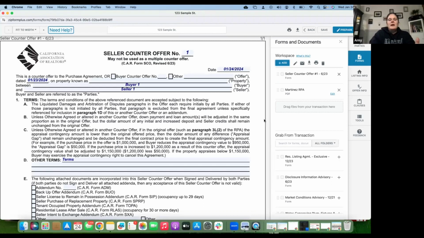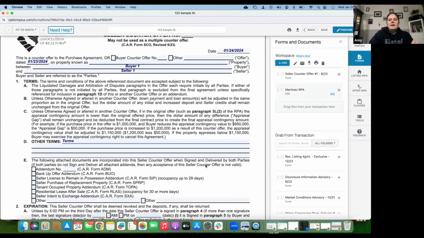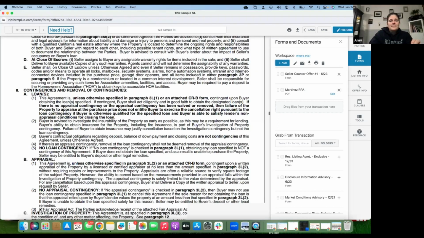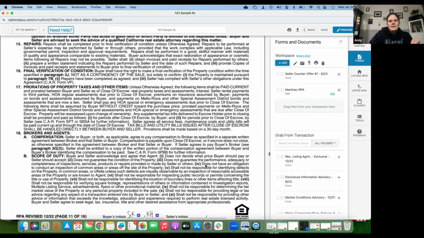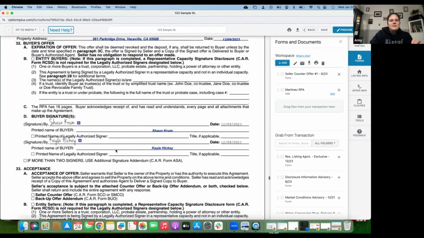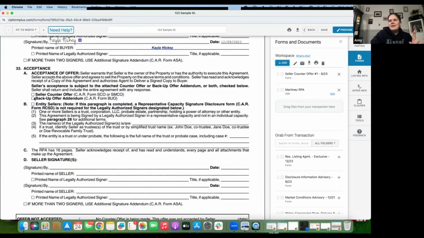Okay. On the last page of the residential purchase agreement, if you're going to counter it, you need to put a little X in there saying that there's going to be a counter offer. All right, so here's the buyer's offer. They sign it. Here's where the sellers sign it. So if there was going to be a counter offer, the way that you can add an X right here